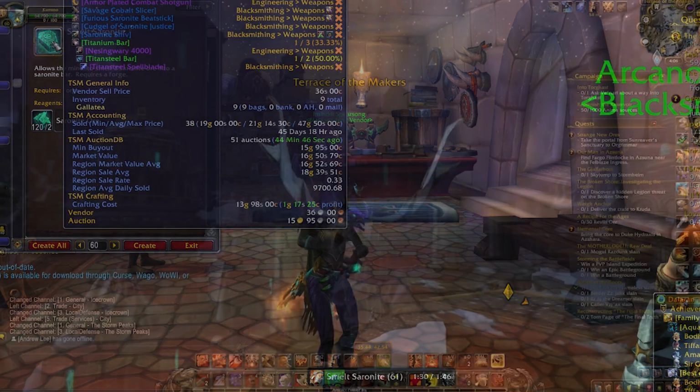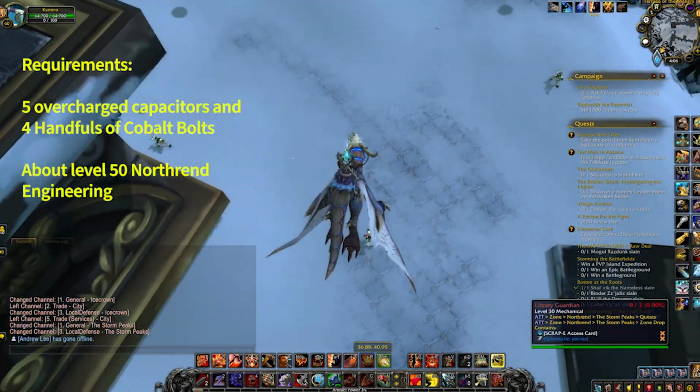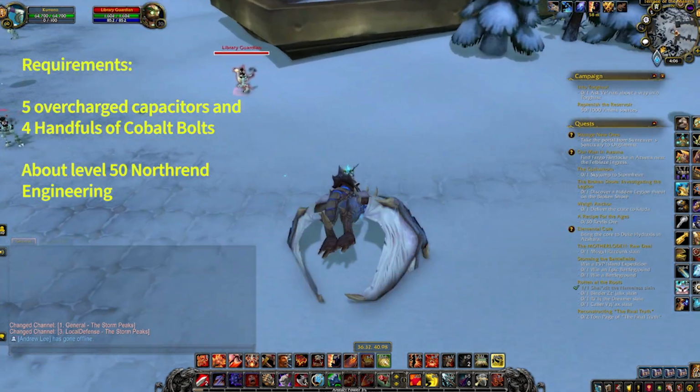And to pick up this recipe as an engineer, you'll want to head to this place, the Terrace of the Makers in Northrend. But first, you actually want to go to the auction house to grab 5 overcharged capacitors and 4 handfuls of cobalt bolts to be able to complete this quest. And also, before you go, you also want